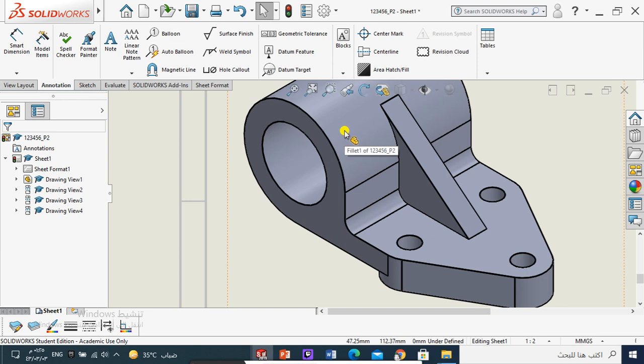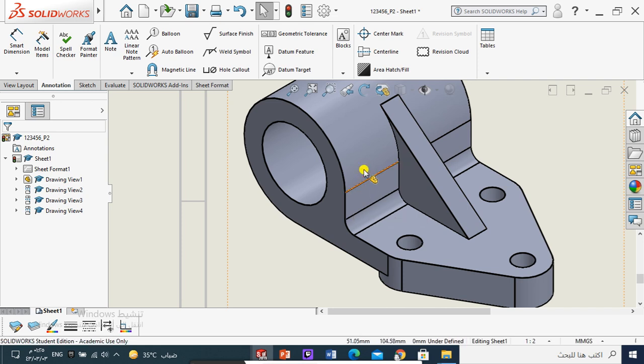If we have a rounded surface connected to a flat surface, they will make a line, because these two surfaces are not on the same plane. So this is rounded and this is flat, and they make a line. These lines are called